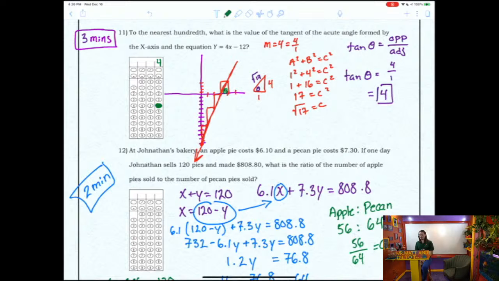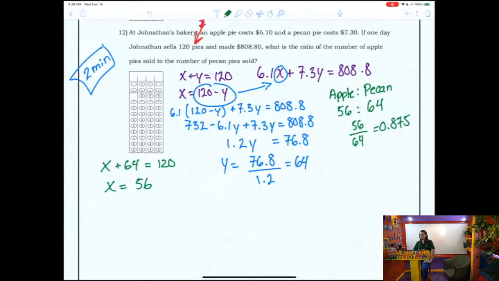Now for number 12, they say that we can write 2 equations, one for the number of items and the other for the number of dollars made in revenue. So we know that x plus y has to be equal to 120. And we know that the price of apple pies, $6.10 times x, the number of apple pies, plus the price of pecan pies, $7.30 times the number of pecan pies, y, has to equal the total revenue made for that day of